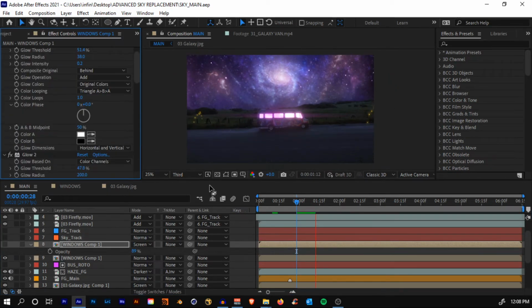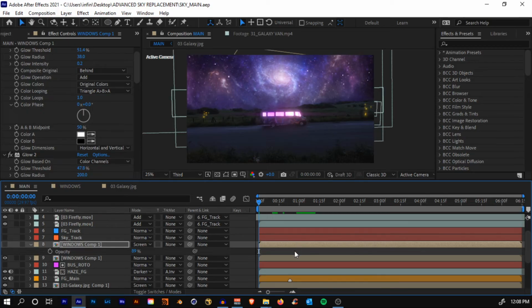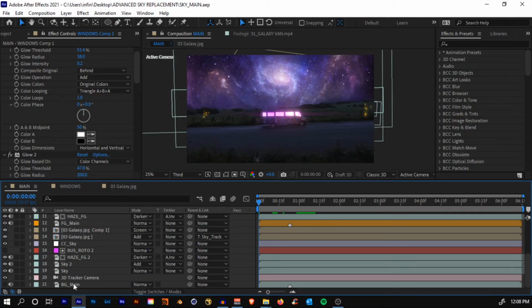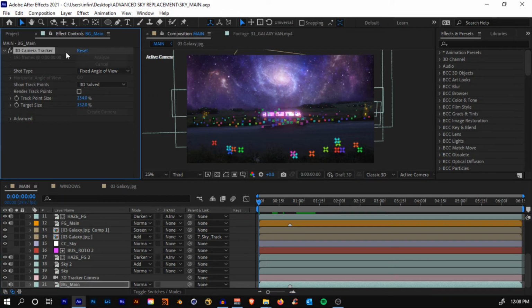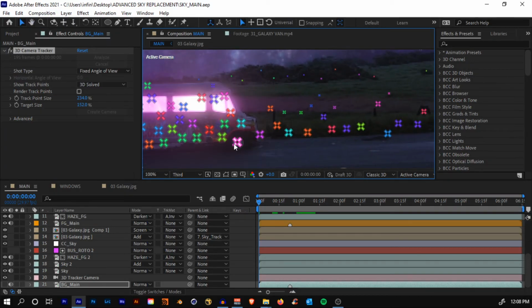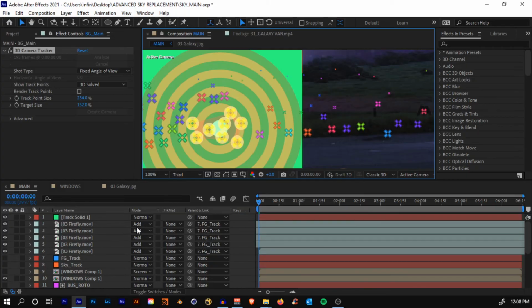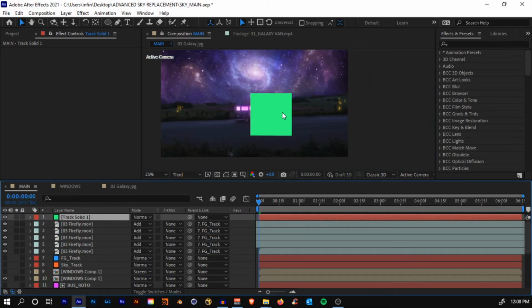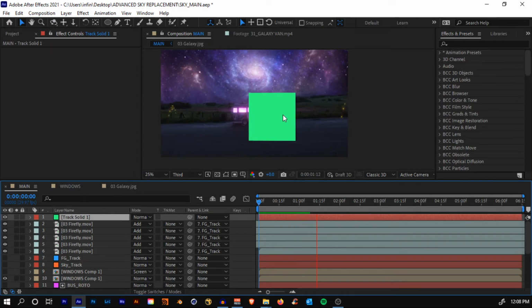Okay, yeah. So the headlight, it was pretty simple. What we'll do here is come to the bg_main, the last layer, select the 3D camera tracker. We still have our data, so just select a few points on a bus, not layout but only on a bus. Right click, create solid. So we will see that we have a solid tracked onto a scene.